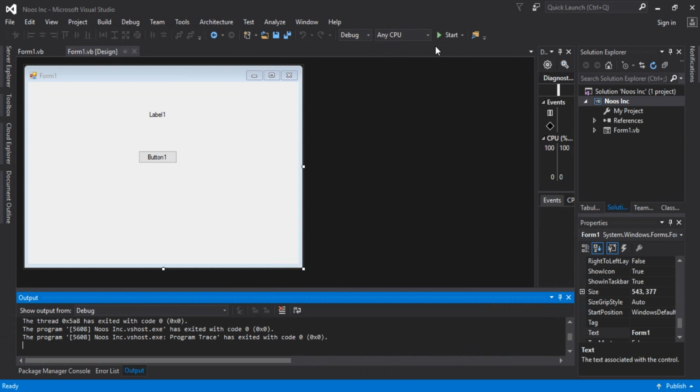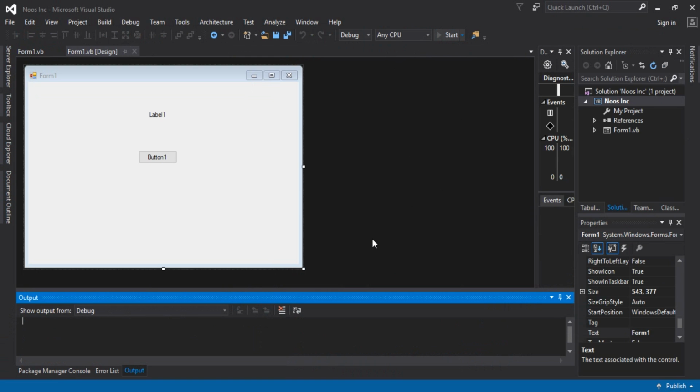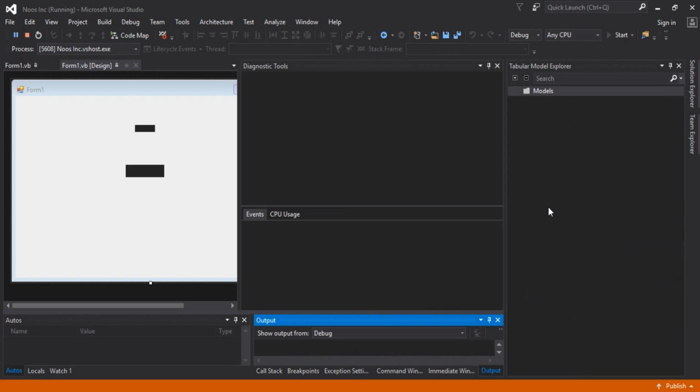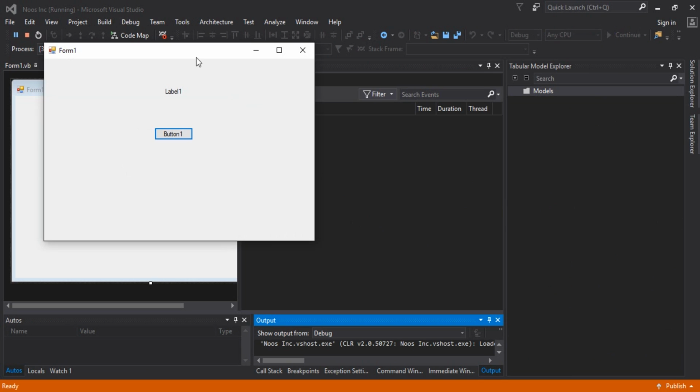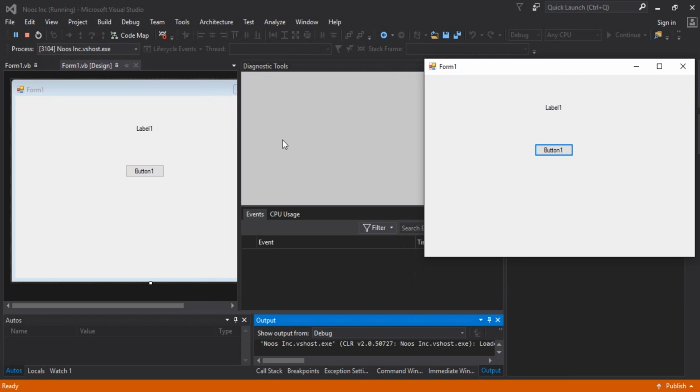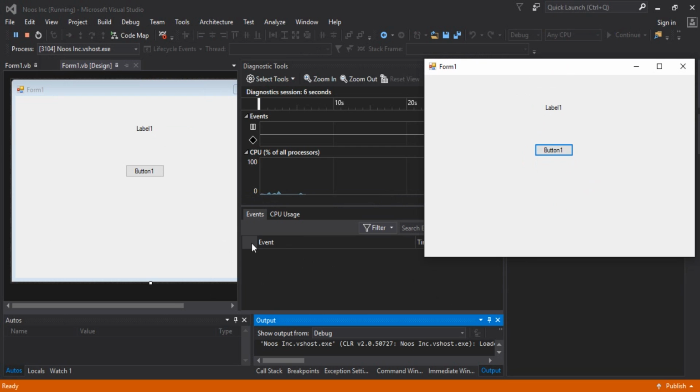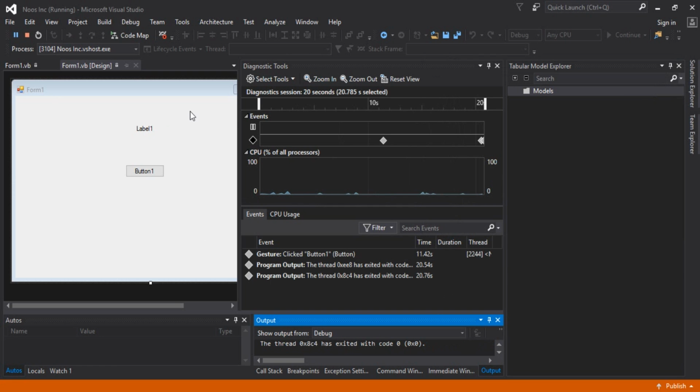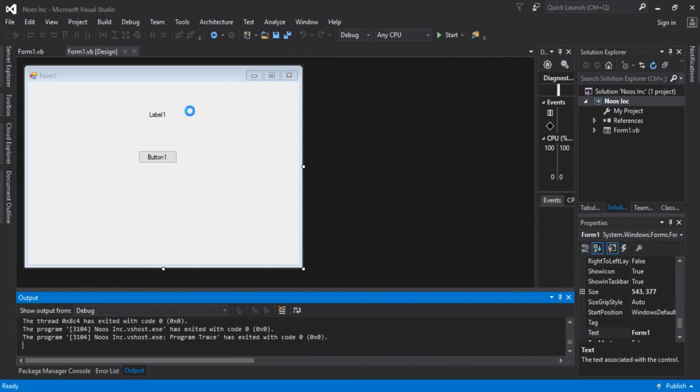Okay, I want to run again, so you can see this, guys, on the monitor. Sorry for my bad English, but I will try my best. Gesture, click button one. Okay, you can see this label one is changed to UNI. Very simple, but I will show you